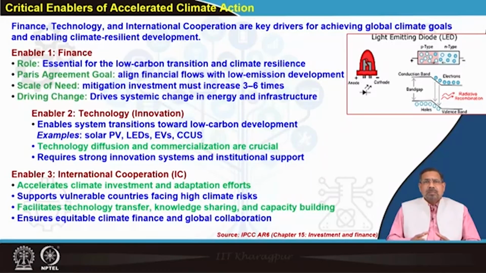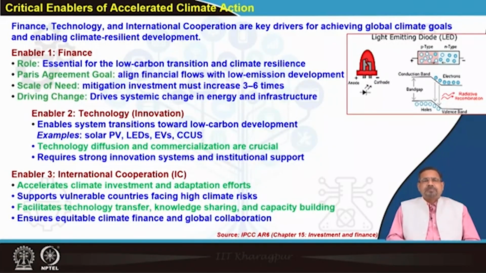The mitigation investment must increase 3 to 6 times whatever we are doing at the current time. This was also discussed in the Paris Agreement, which says that it aligns financial flows with low emission development, and this finance drives the systematic change in terms of energy and infrastructure. So the main point is finance or the funding is required for transition from a high carbon intensive to a low carbon intensive